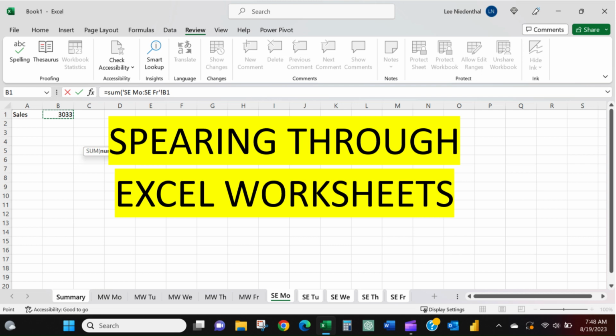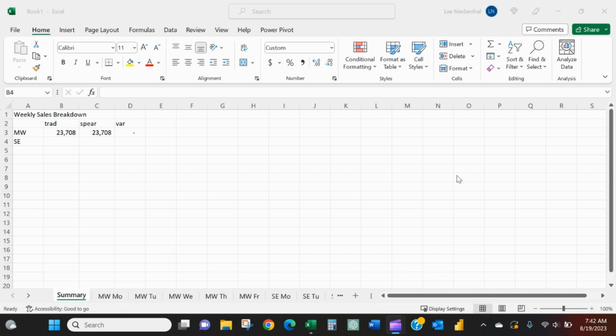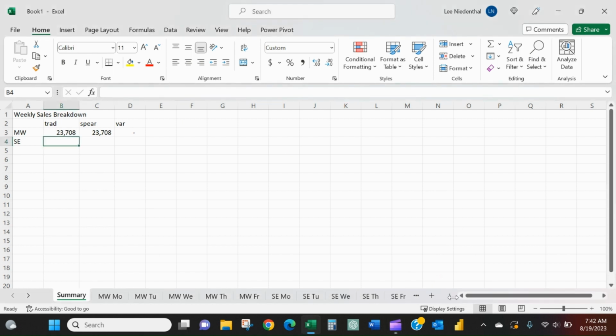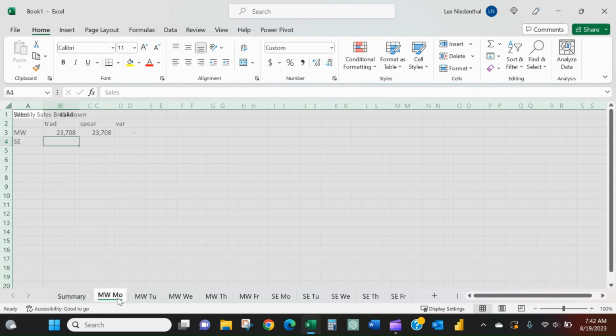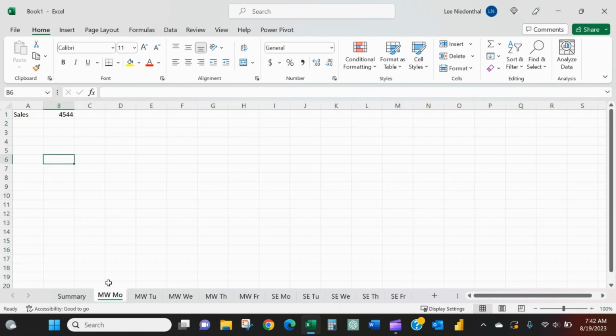Today, I want to go over the concept of spearing formulas. And spearing is not a formula itself, it's just a way that you can apply certain formulas. So, for an example, let's say you work at a company that has a pretty simplistic daily sales report, and it just spits out sales that were made in one region in the Midwest on one day of the week,